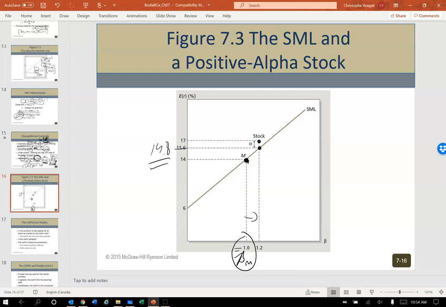It's supposed to do 14.8 relative to what the SML says, but we predict, based on the investment analyst we hired, based on their earnings and so on, we expect the stock to be trading at such a price point, including dividends, that it will generate a return of 17% for the holding period we have. The holding period rate of return, you guys remember that. So I'm going to get alpha.